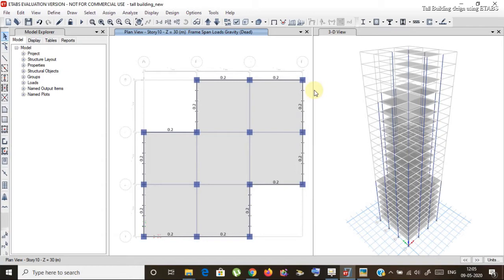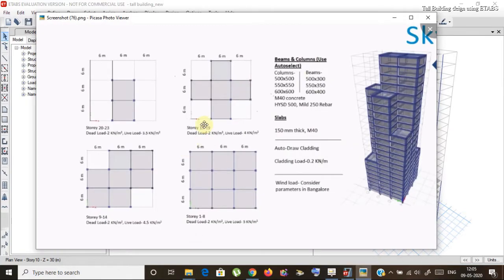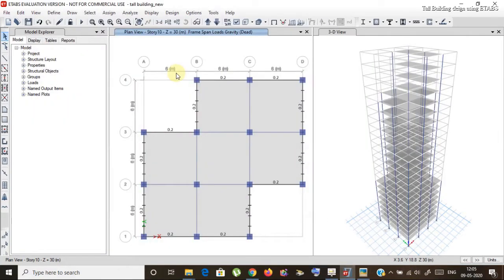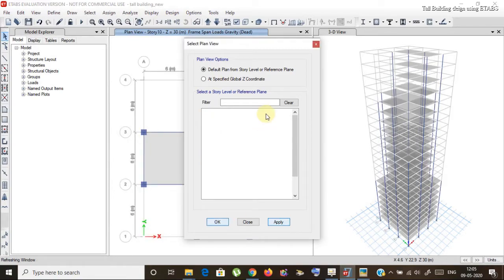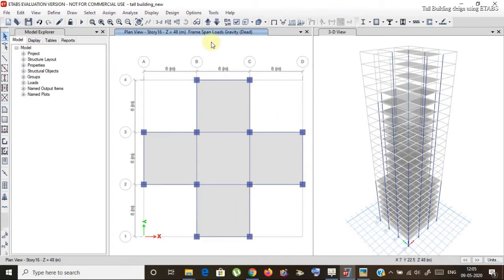Now I will just select from any stories from 15 to 20. It's given 15 to 19, so I will select 16th story. Go to plan view, 16th story, apply. Okay. Now select the external beams. Display undeformed shape is shown. The similar story is already selected. Select the external frame members in this way. And apply